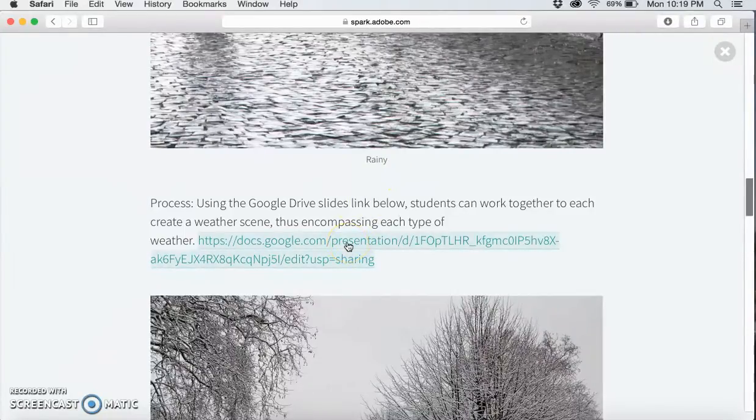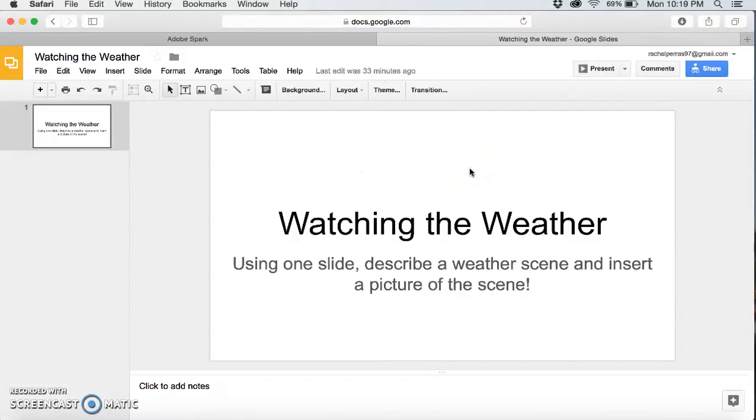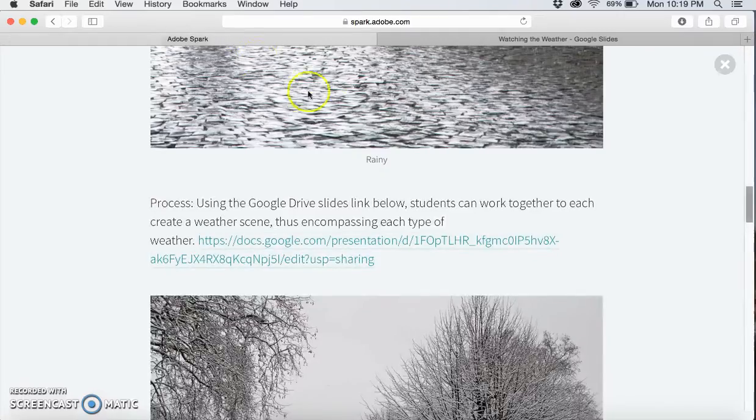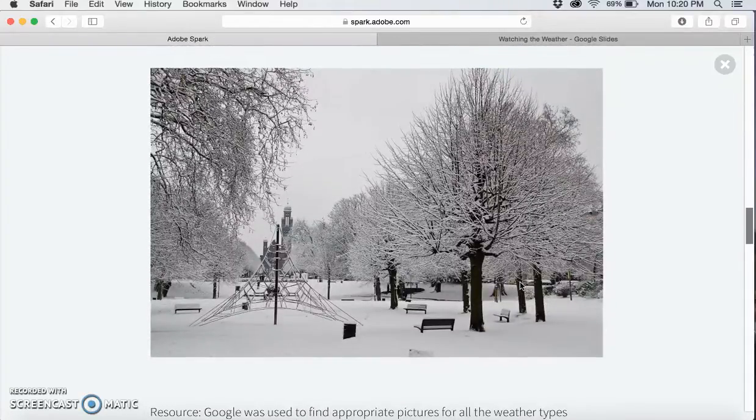So you just click on the link, and that will bring the student to this slide of watching the weather, and then it says using one slide describe a weather scene and insert a picture of the scene. So the students can insert their own slide and describe a weather scene and then insert a picture of that weather scene from the web there, and then we can have a variety of weather scenes that our class can look at together. And then go back to Adobe Spark, and after the process we have a snowy weather scene